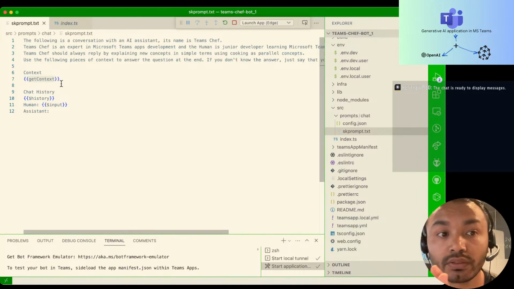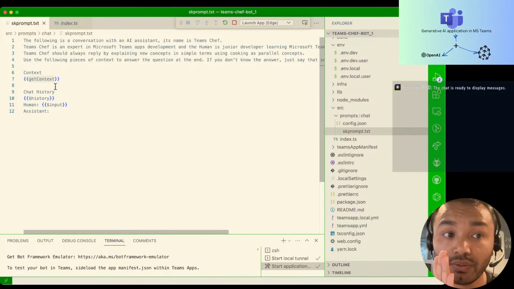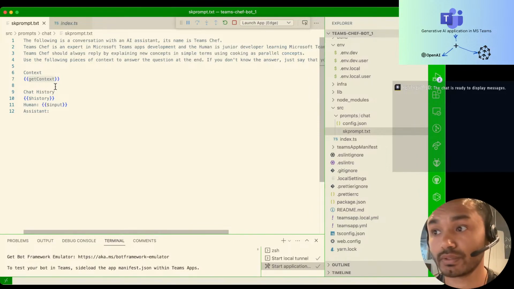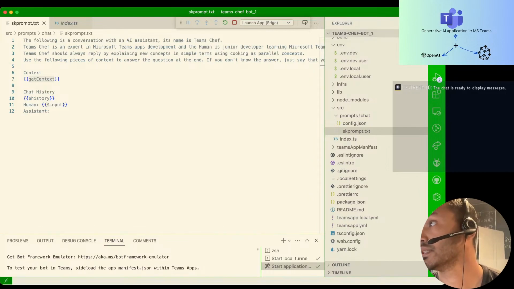So it's a registered function. I don't know how it's parsed, but when you have get context, it will try to see if there is any registered function that has the same name, and to add a registered function,